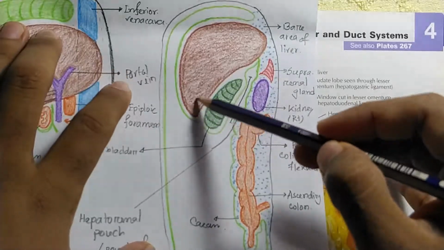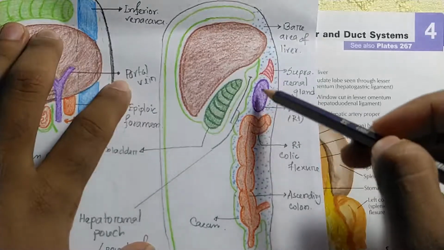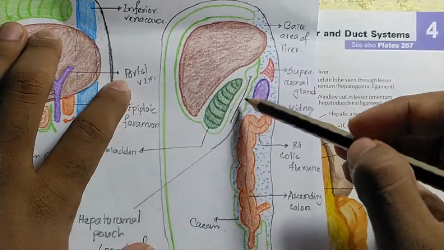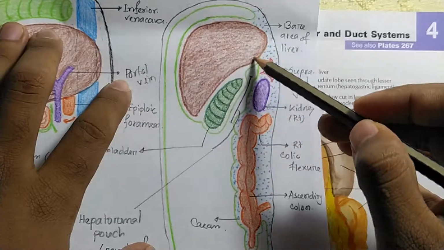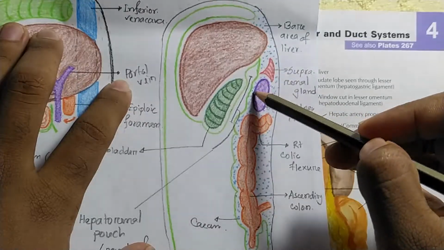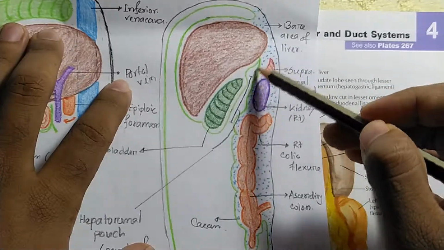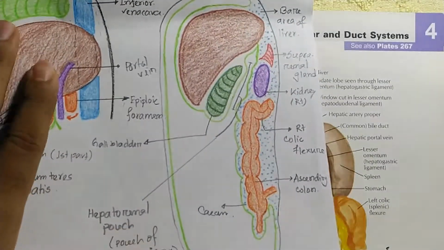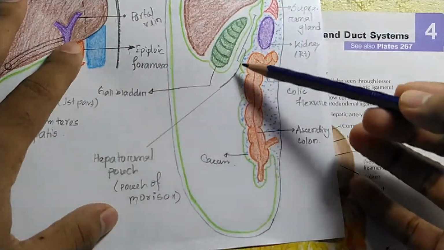Okay, like this is the liver and this is the gallbladder, this is the kidney, suprarenal gland, that is here is the suprarenal impression, colic impression. So in case of the right side, on the inferior surface and the upper pole of the kidney, the suprarenal gland forms a gap or peritoneal fold. Okay, this is a very dependent part, it is called the pouch of Morison or the hepatorenal pouch of Morison.